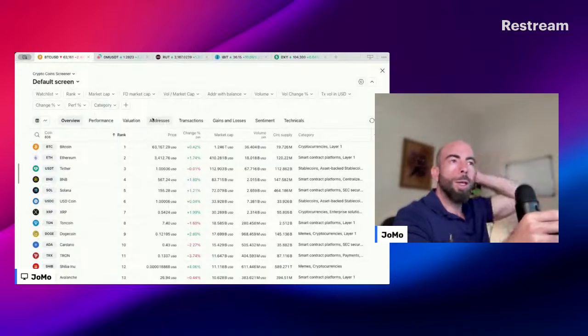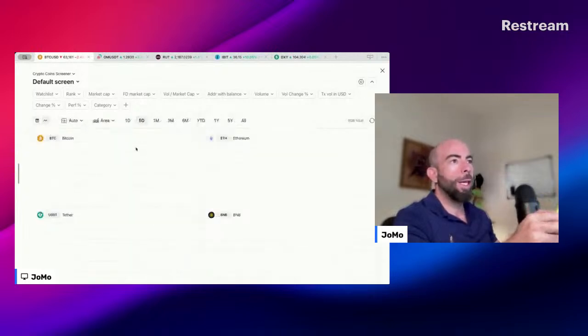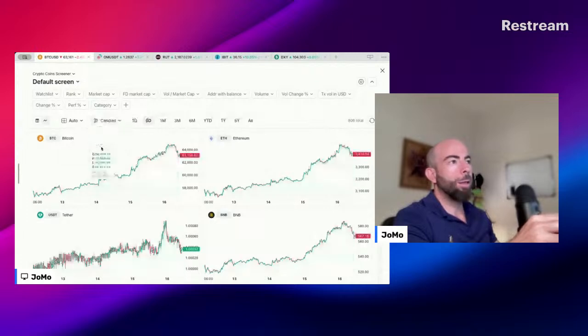I'm going to show you something a bit cooler, right? I'm going to click over here and they will instantly turn everything into charts. Okay, so what we have over here is the charts of everything, and I'm going to change from area to candles, right? And this will automatically show me all the charts, all the 806 charts